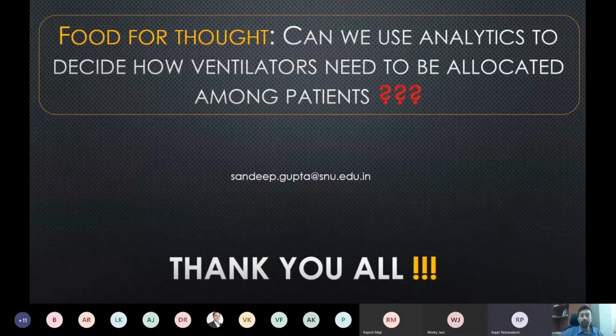Hi, Sandeep. There are a couple of queries at the bottom of the chat. Rajat, can you please navigate me through that? Yeah, maybe you can. The last couple of queries I see: one is that we do not have enough data on COVID-19, so how useful would it be to use analytics? What is the scope? And also questions about what other methods we can use in this COVID crisis.